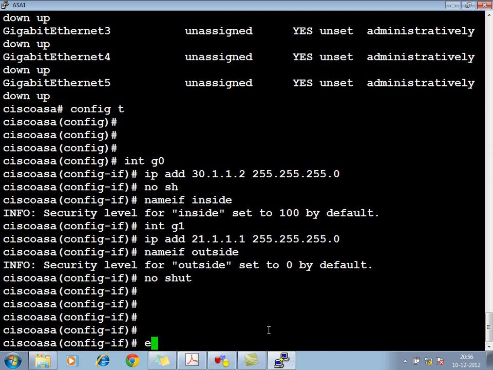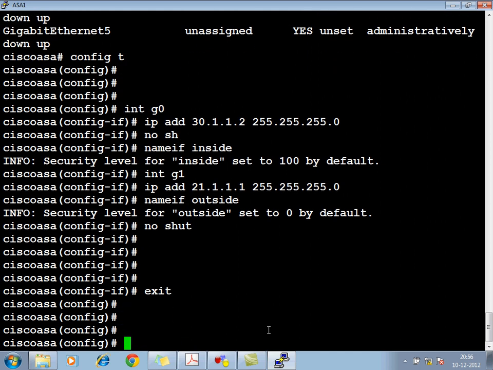Once it is done, we have to make this an HTTP server, like CCP. Why do you want to make that an HTTP server? Because using Internet Explorer or something else, I am going to get the GUI. So I should not type it as ip http server. Here IP is different. Everywhere it becomes the opposite. So: http server enable.